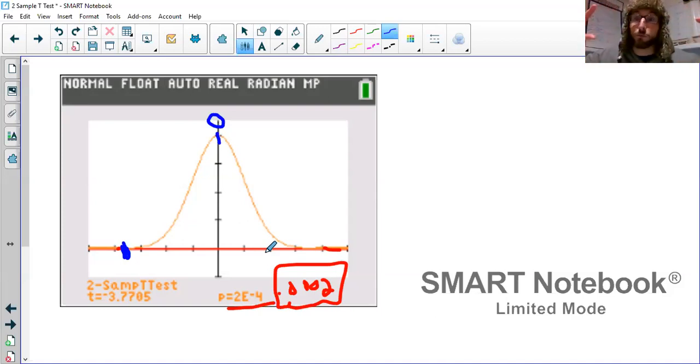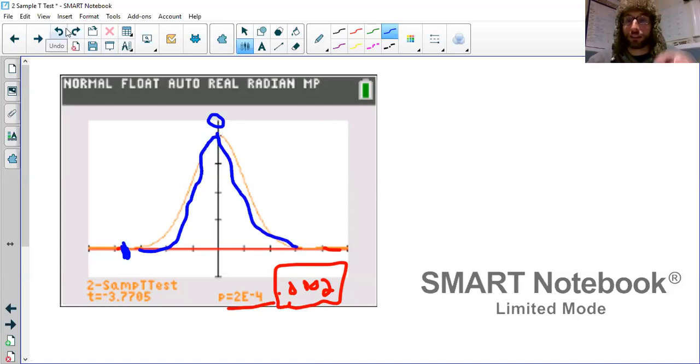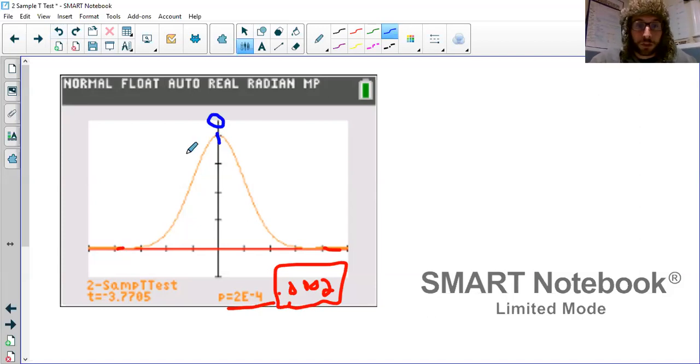The t is more spread out. So the normal model, the z stuff on our calculator, only shows us from here to here. And so we can kind of tell that this is a little more spread out, although we don't see drastically fatter tails. Anyways, this t-score of negative 3.77 would be from doing that 85.2, the actual sample difference,